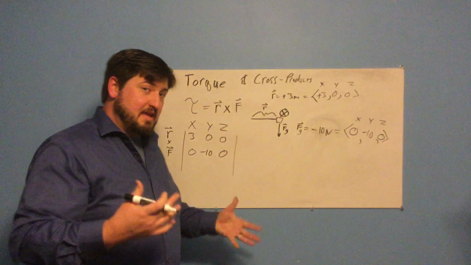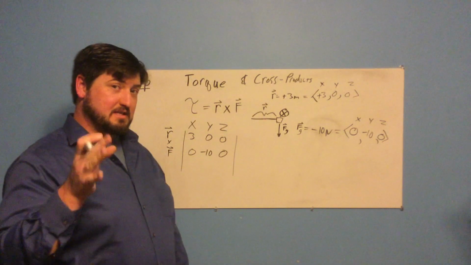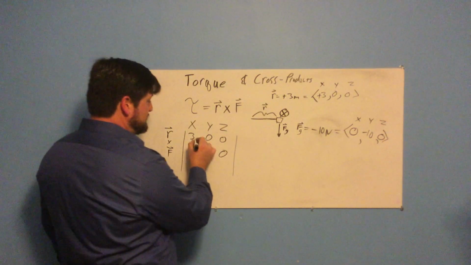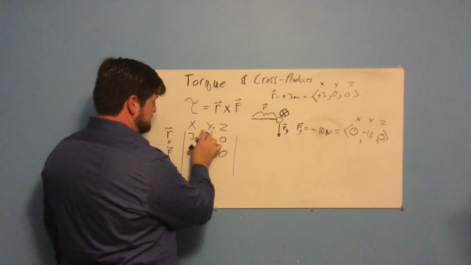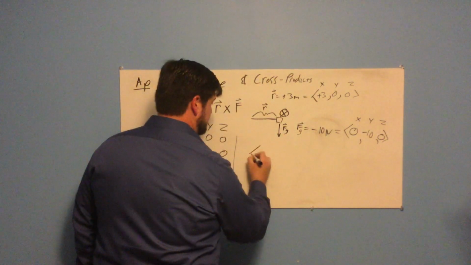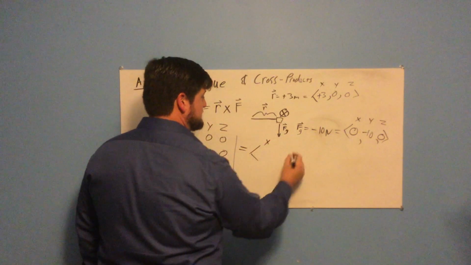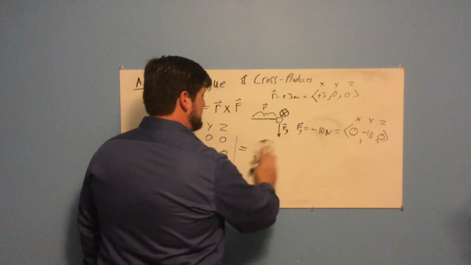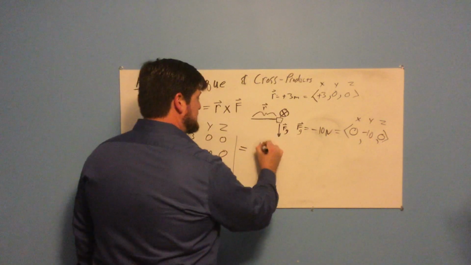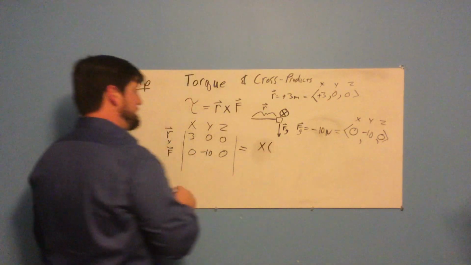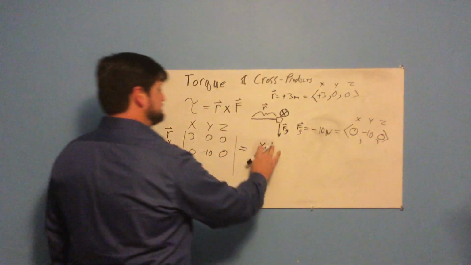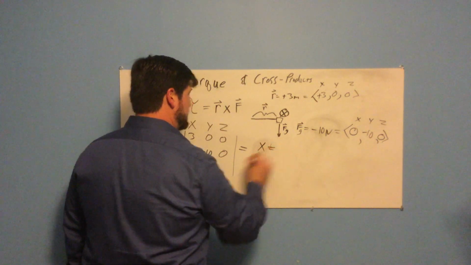So now we're going to actually do the cross product, and here's how you do it, okay? This is equal to our X. In fact, I'm going to break this out into pieces, okay? Let's find our X piece first, okay? So X is going to be equal to,